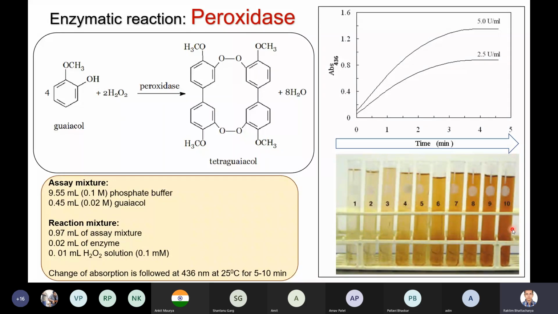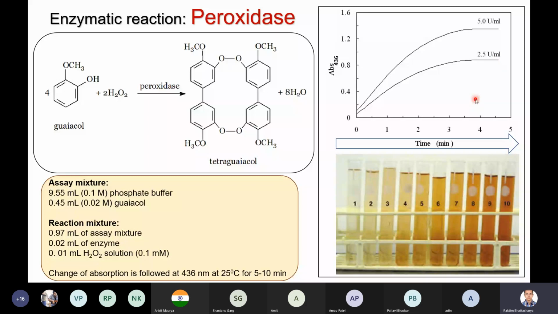The absorbance will start to get higher, and there will also be water. So in this reaction, we take down the initial and the final OD after 5 minutes, and if at the end of the 5 minutes the OD is getting higher,